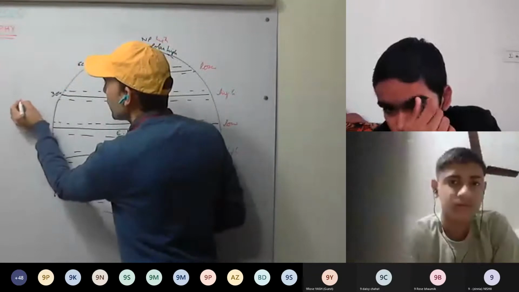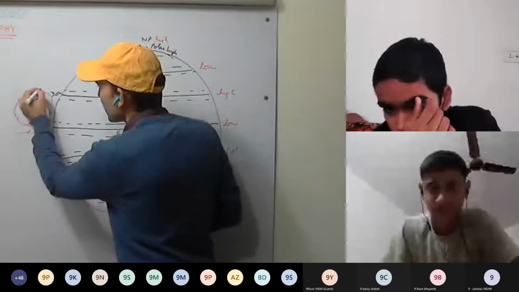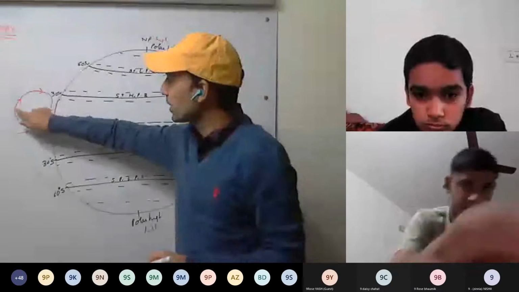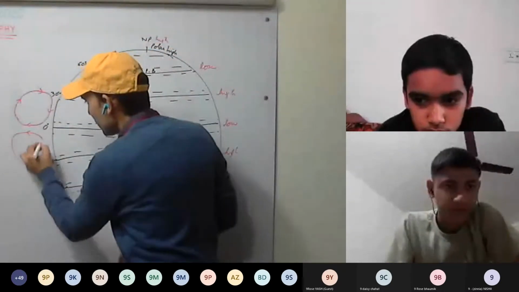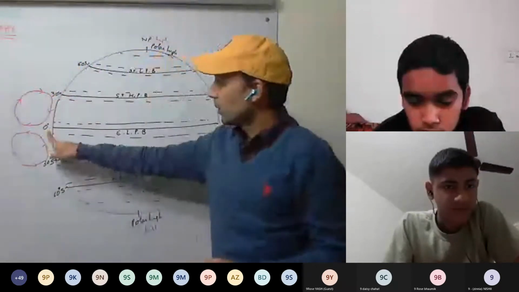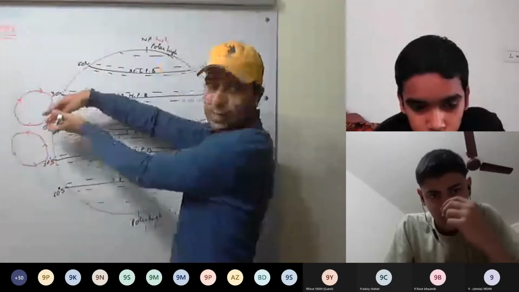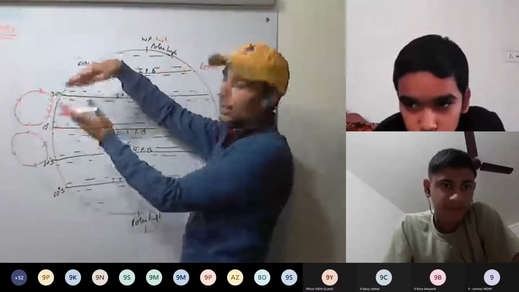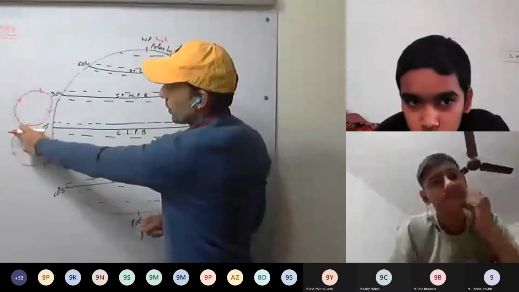Here, because of the rotation of the Earth, it descends. And this is how air circulation is formed. This is in the lower atmosphere, this is in the upper atmosphere, that is near the tropopause. Similarly here. So on the equator, low pressure is formed. So air is rushing in towards the equator in the lower atmosphere, and then it rises up, and then spreads out. So here the cyclone is formed, and in the upper atmosphere anticyclone is formed.